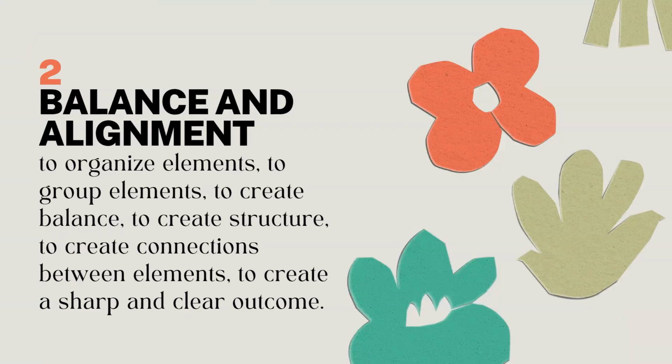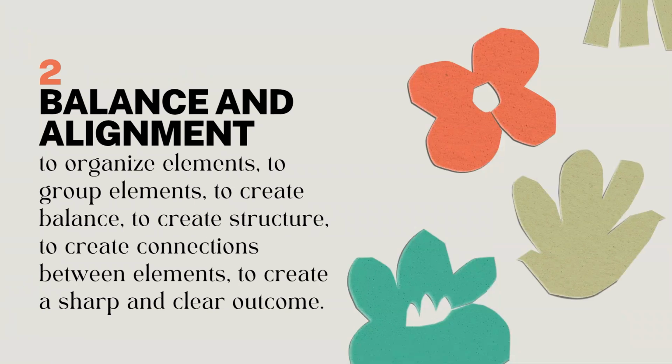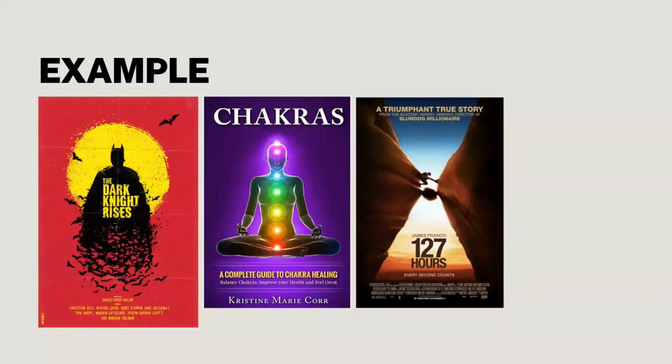Balance and alignment. So, the placement of the components inside the composition, whether symmetrically, asymmetrically, or radially, is what creates the illusion of equal weight or importance. A composition's visual elements are aligned by where they are placed. Alignment is used to arrange elements, group elements, achieve balance, provide a framework, link parts together, and produce a distinct and unmistakable result. Kung dapat may balance and consistency yung mga elements nyo, lalo na kung may sinusundan kayo